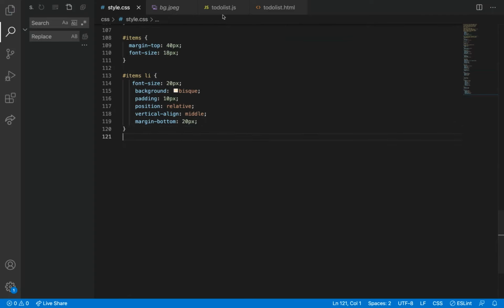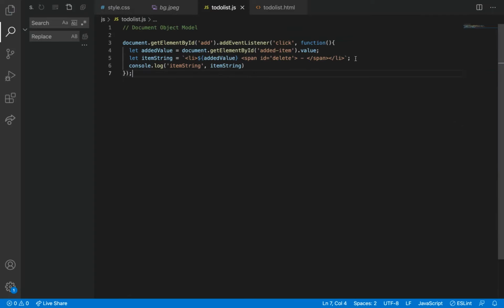Sorry, to do list. So I'm going to get, let, what we can take, to do items container. I can say items list.